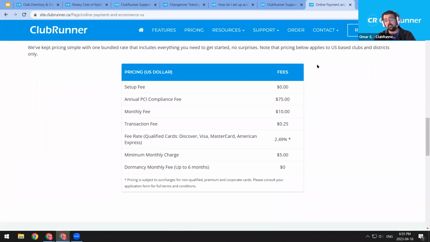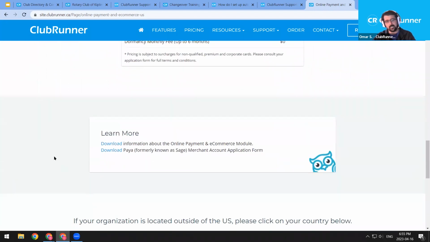You would apply by scrolling to just below this pricing table, and you can download the information kit, which is the first download link, and the second download link is the actual application form. Once you download and fill out the form, you can send it to our contact, Rick Garbowski. His information should be on the form, but if it isn't or you're not able to find it, definitely reach